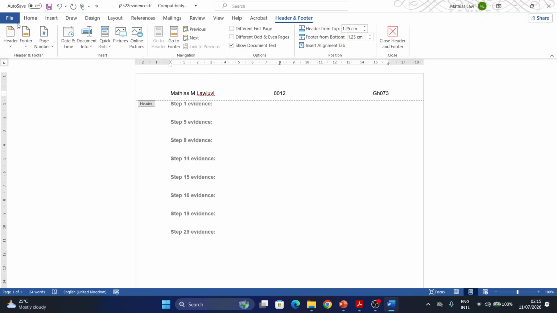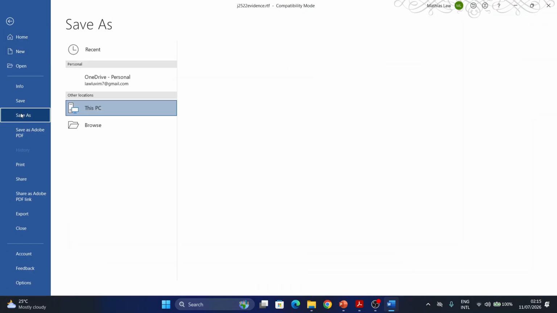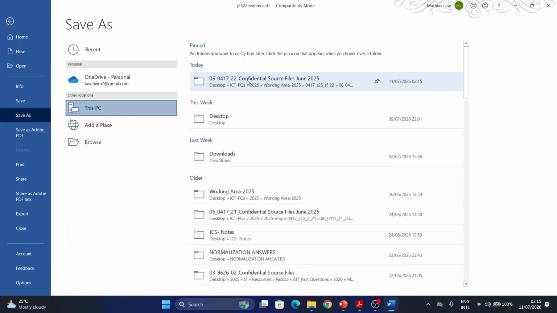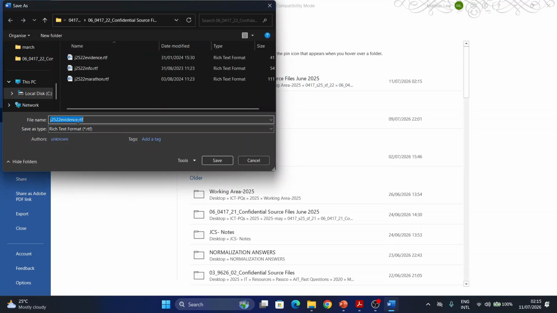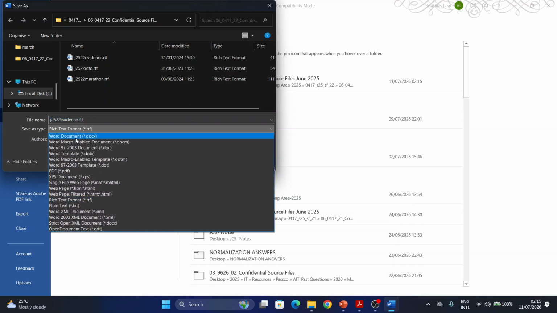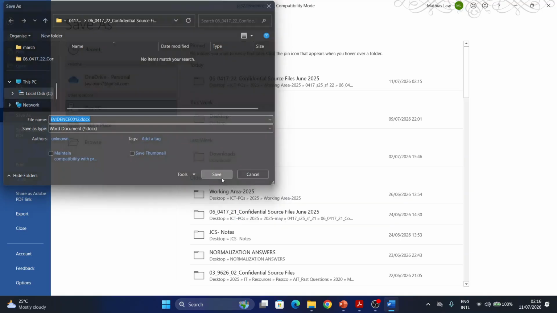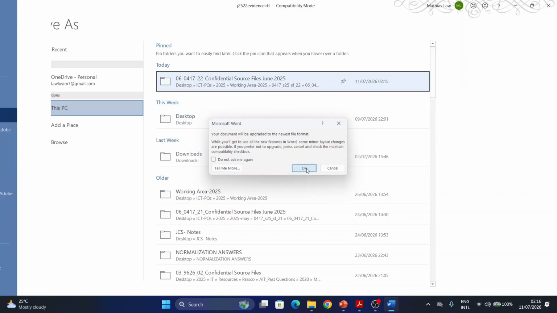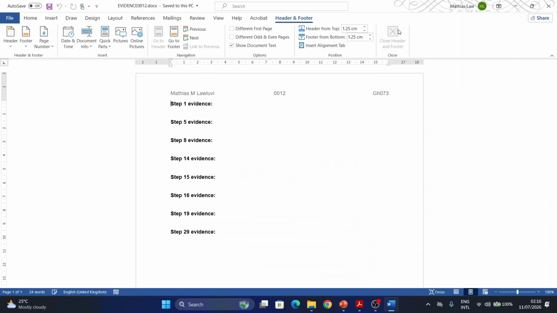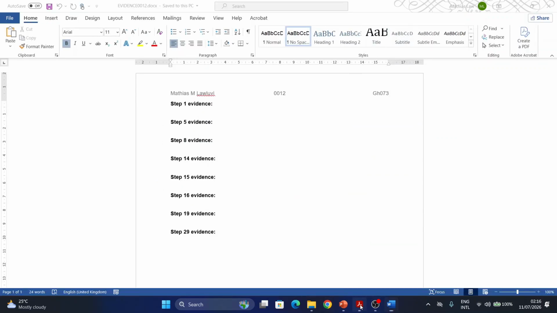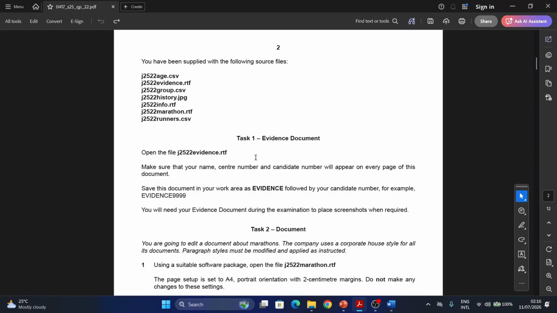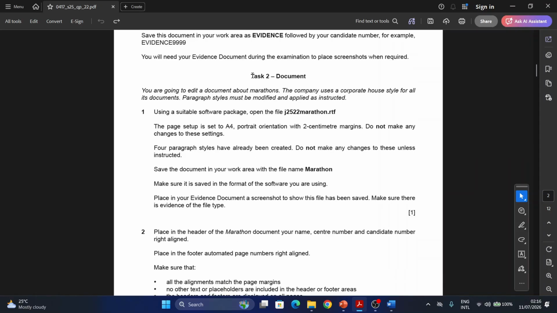All right, and we're going to save this in our evidence file, our working area. So that's my working area, and change this to document format, and we're supposed to save this as evidence followed by our candidate number. So that is it for task 1. Close the header, and so that is it for task 1. So now we move on to task 2,